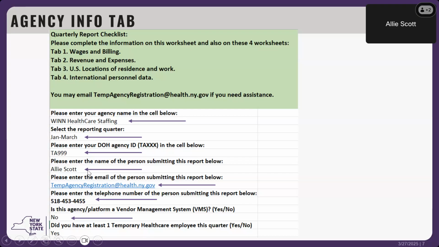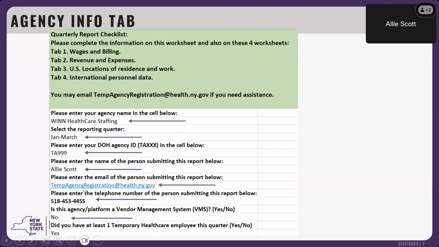Okay. Next, you'll want to make sure you enter in the contact person, the person who will be responsible for this final product. This is a very important step because if your report is flagged for review, we'll need to reach out to that person. So this information needs to be up to date, not only the person's name, but also their email address.